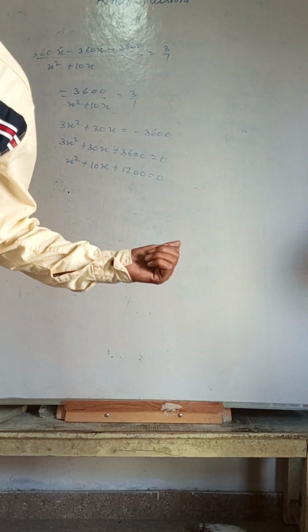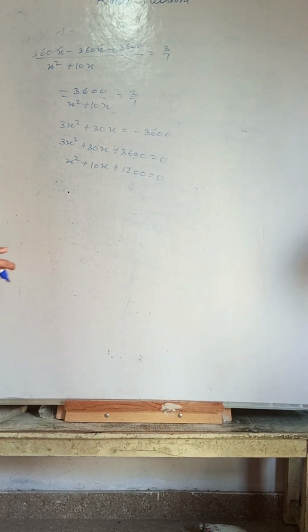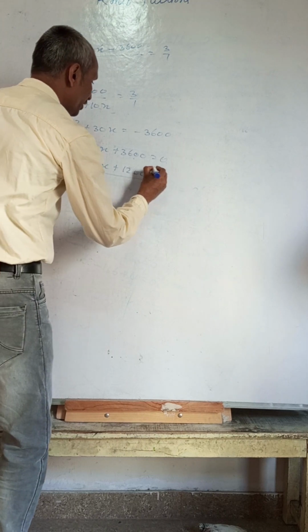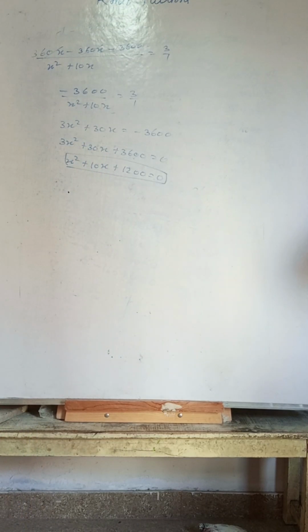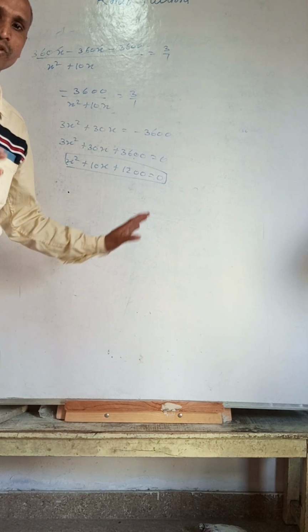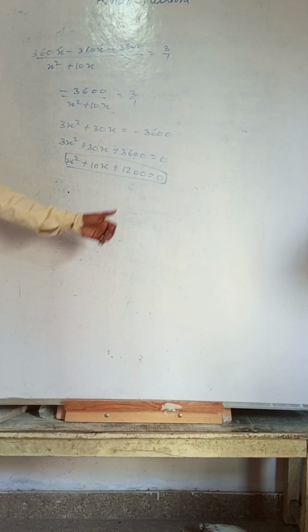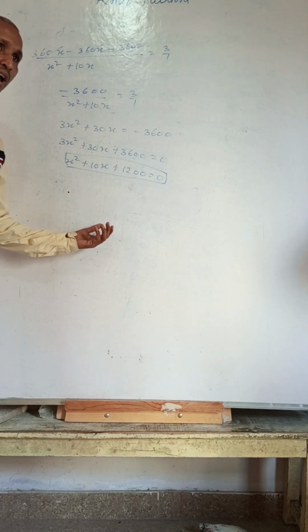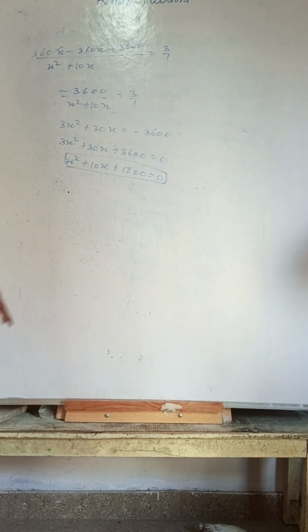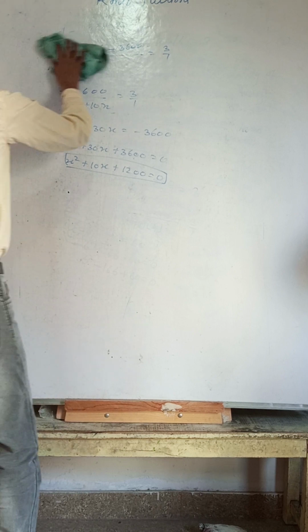Now this is a quadratic equation. Before that also I solved a quadratic equation. If you solve this quadratic equation, you will find the answer. And the speed is never negative, so in that we have to take the positive number only. Okay, you can find it by the quadratic formula or by the splitting method. Okay, next we are going.